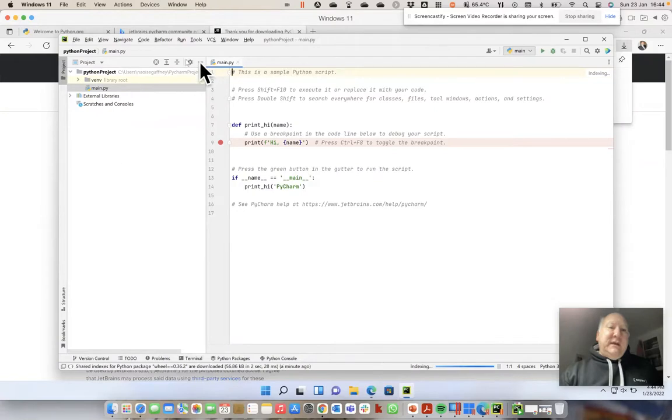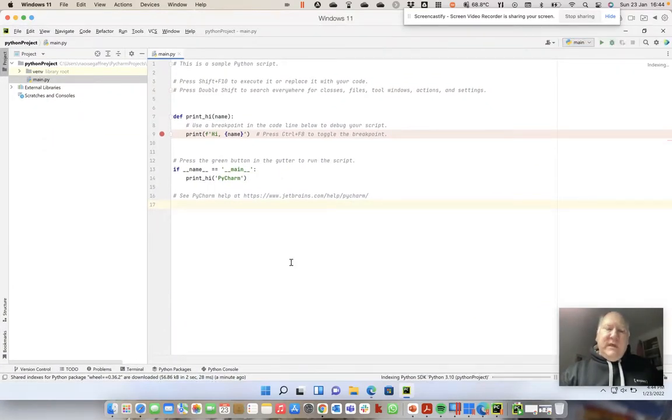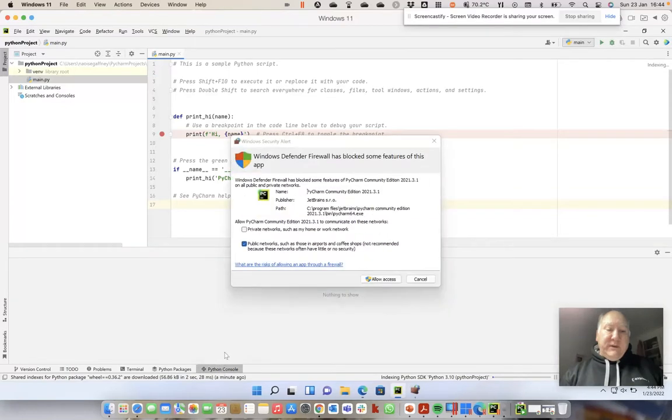And this then is our main project tab where we can have a look at our key files. Any additional Python files, generally we add them here. It has created, kindly, a main.py file in our environment. This is our programming window. So actually I'm going to just maximize this. And what we can see then is it has something here that we can actually run. Also down here we have version control, to do, problems, terminal, Python packages, and Python console. If I click on this later on, it will actually open up